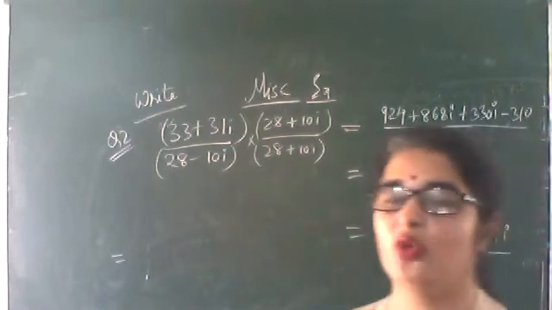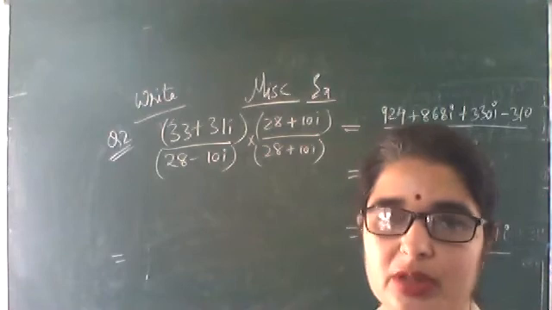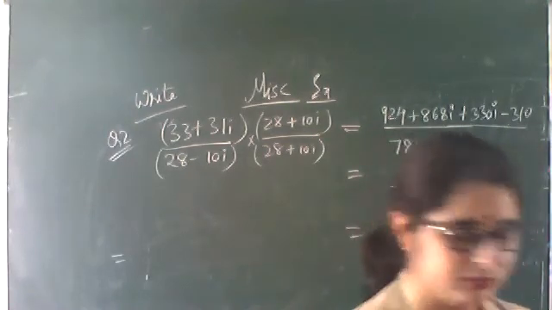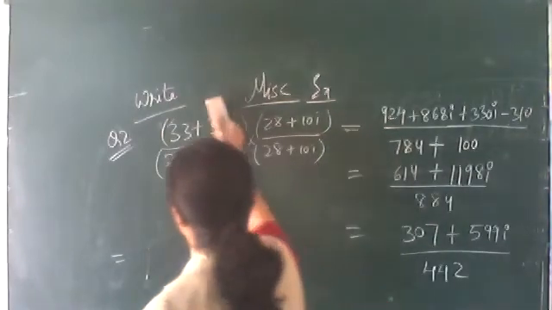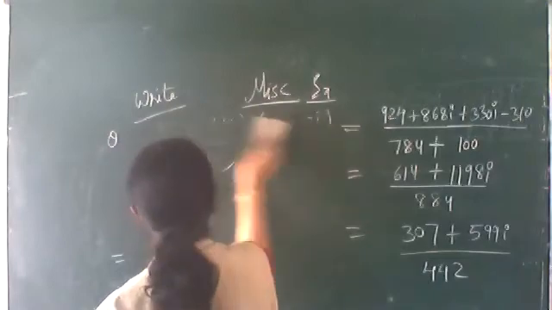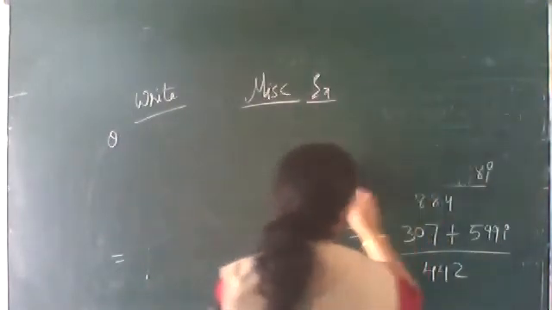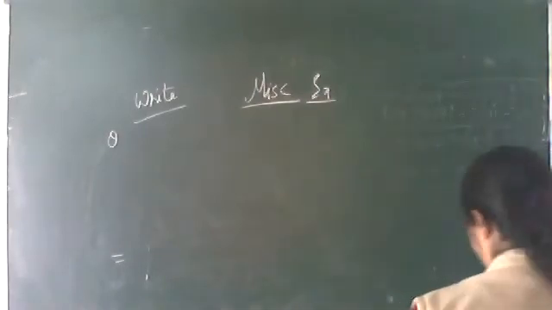So this way you can solve. Only the calculation part is there, nothing else. Do the calculation properly, put the signs properly, negative or positive, then nothing will be wrong. If you concentrate, nothing will be wrong. It's a big question, but a simple one. Then come to question number 3.